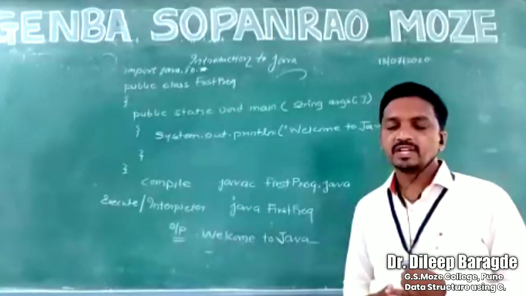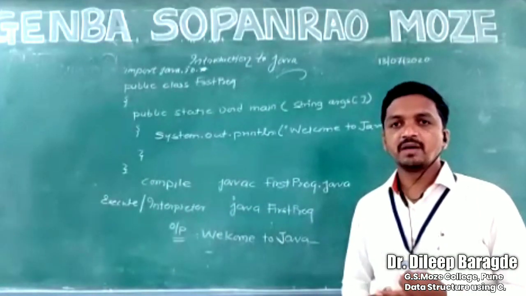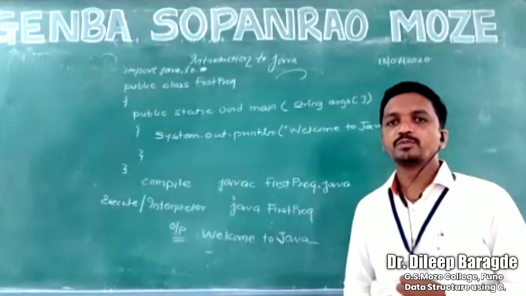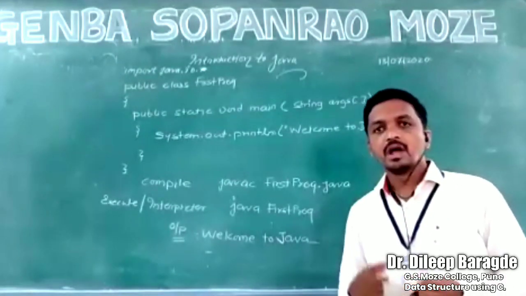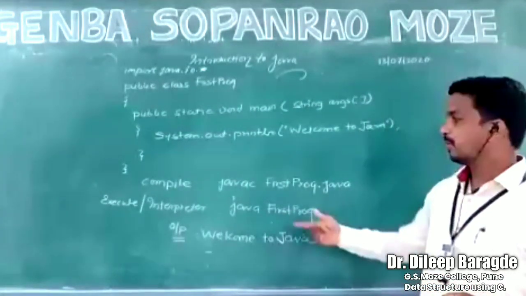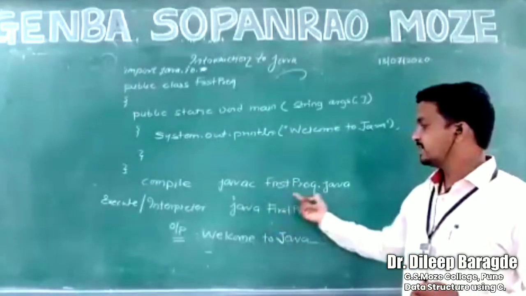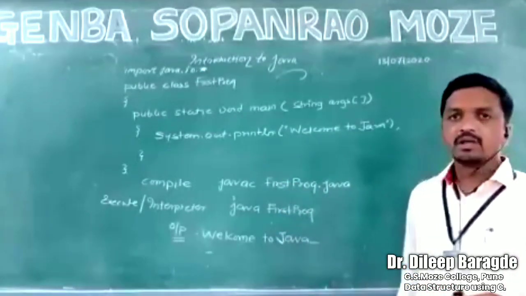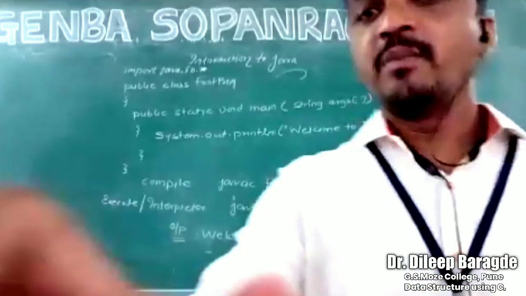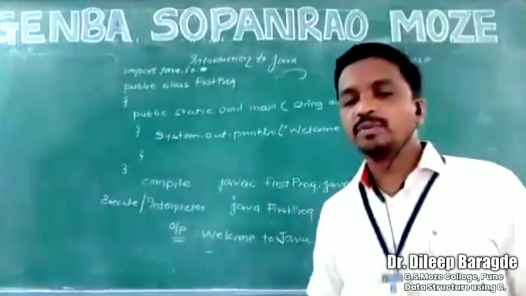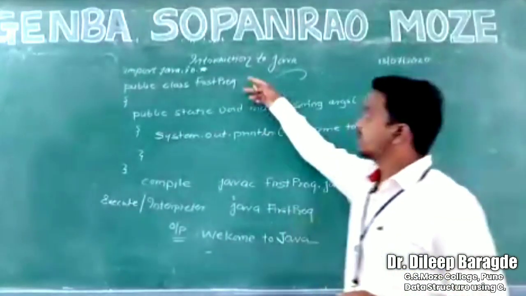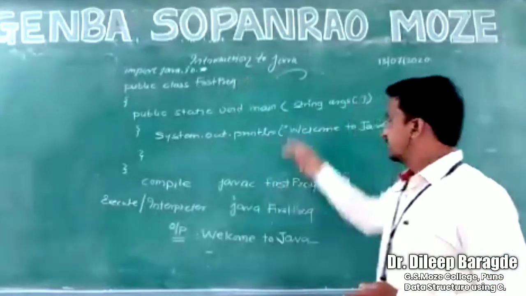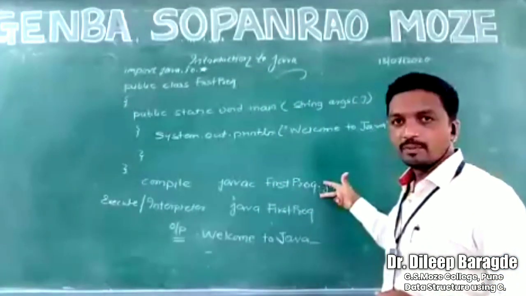Syntactically, Java looks like the C programming language. Logically, Java is C++ or an object-oriented programming language. How to compile the Java program? The Java program is compiled using javac space program name dot java. The program should be saved using whatever class name is there. So the class name is what we use as the program name.